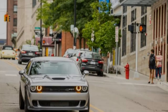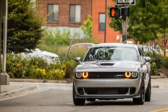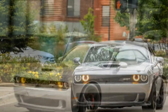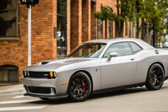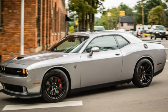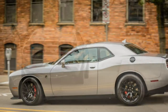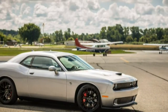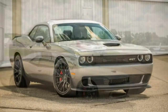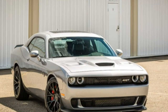Attentive readers will know that we have already put not one, but two 2015 Dodge Challenger SRT Hellcats through our typical barrage of tests, one equipped with a 6-speed manual transmission, the other an 8-speed automatic. For its second model year, Dodge left the powertrains untouched. This Challenger's blown 6.2-litre V8 still pushes the same tire-smoking 707 horsepower and 650 lb-ft of torque to the rear